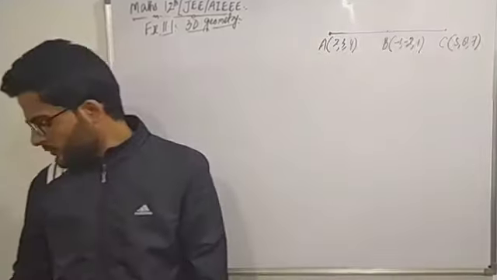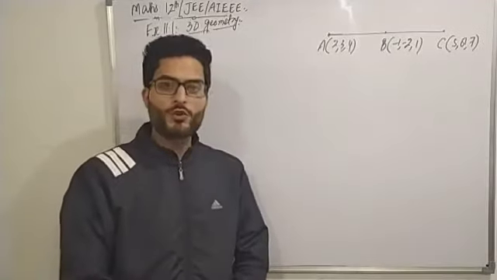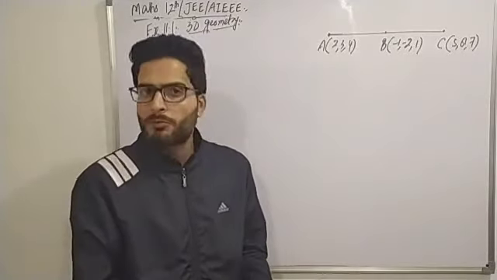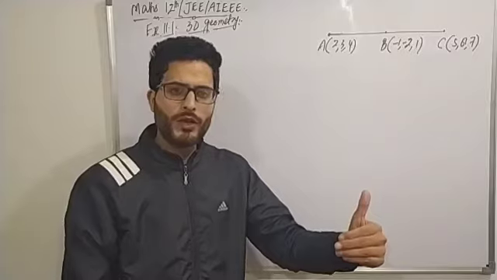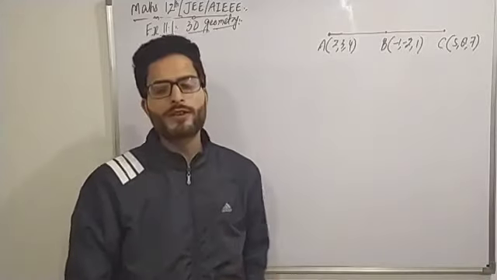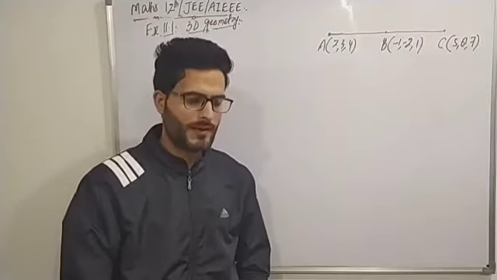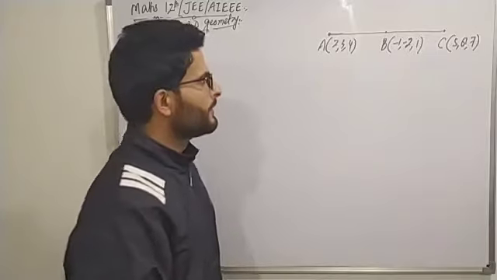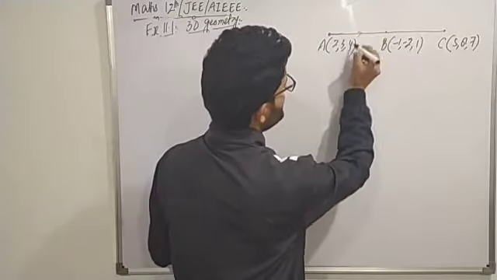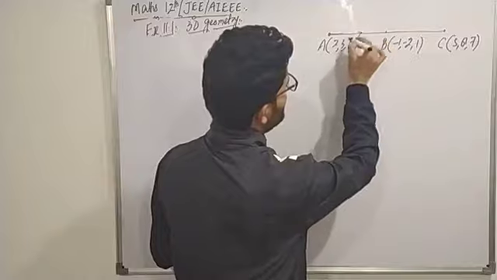So by using the concept of direction ratios or direction cosines, how can we prove that 3 points are collinear? कैसे प्रूव करेंगे कि 3 पॉइंट्स कोलिनियर हैं, एक ही लाइन पे लाई कर रहे हैं? तो कैसे प्रूव करेंगे? फर्स्ट वी विल फाइंड द डायरेक्शन रेशियोज ऑफ AB एंड आफ्टर देन वी विल फाइंड द